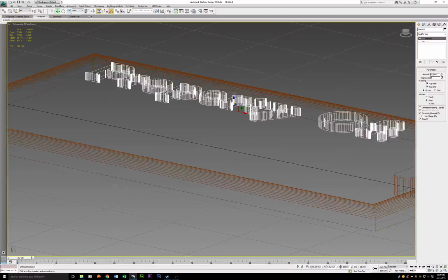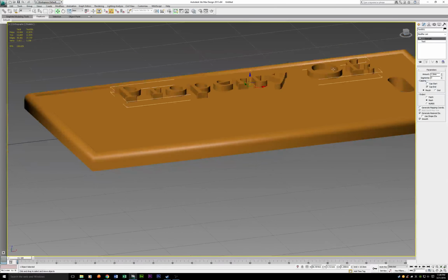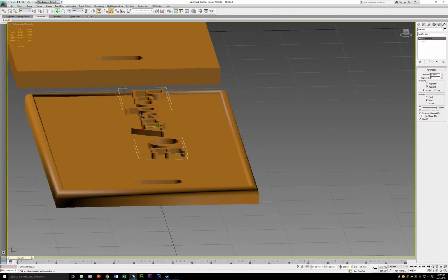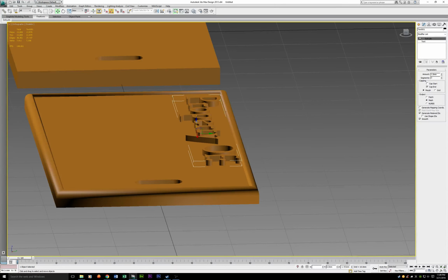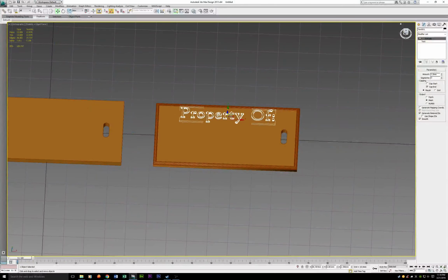We can do a 1.5 or a 1. That looks good to me, because that seems like it'll be a good 10 layers or so. A couple of good segments. And we'll cap the start. No, we will cap the end. So we're just kind of hanging there in space. And what we'll do now, bring it to the top, bring it down. Now we need it just to merge. So we're going to turn back on edge faces, so when the G code comes off of this, it's just going to be